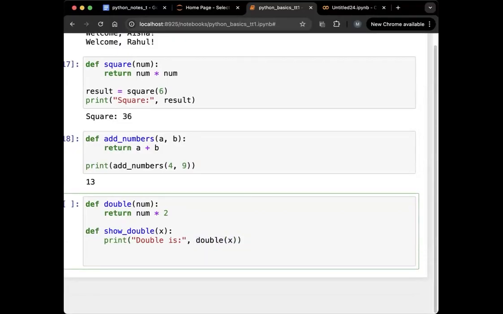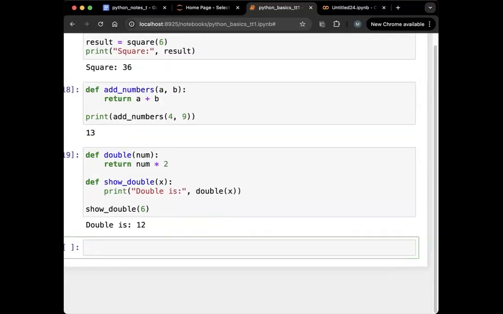That's it. And now whenever I call show double with, let's say, 6 as a number, it is basically going to print double is, and then it will call double of 6. So ultimately it will call this function, calculate the double, and just for printing I'm using this function. And that's the answer,